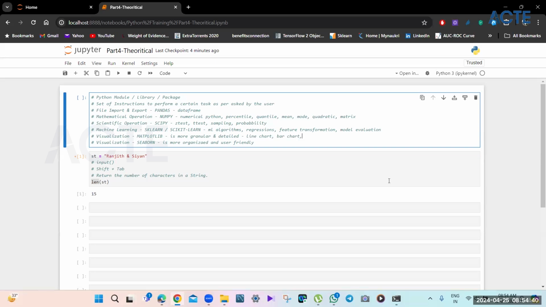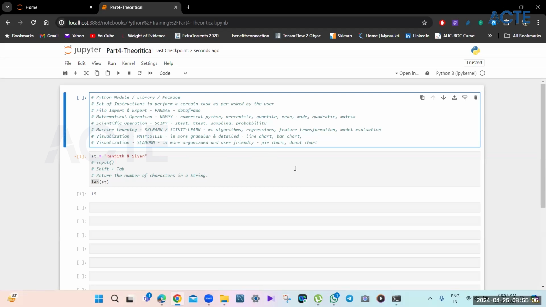Both of them can work on line charts and bar charts, but Seaborn looks better. You can play around with it more easily. It's easy to use, and the graphical views are easy. Like, let's say pie chart, you can do a donut chart, just to name a few.